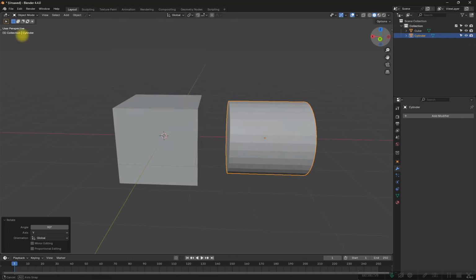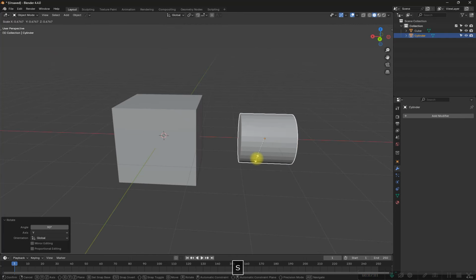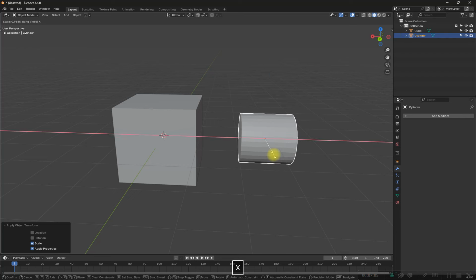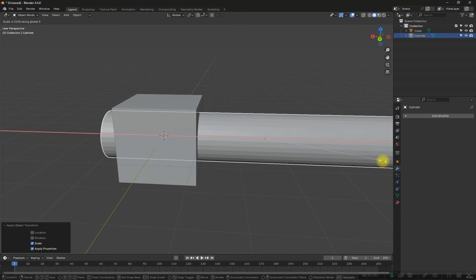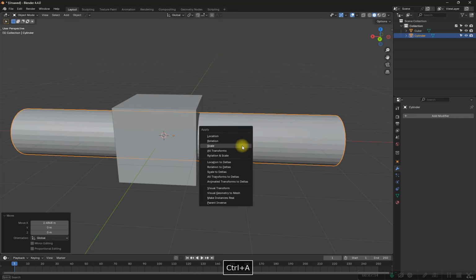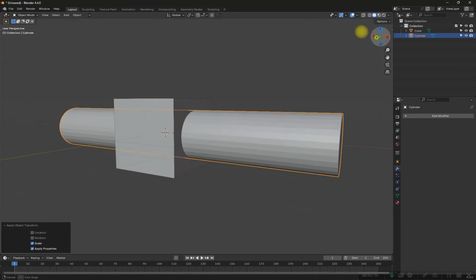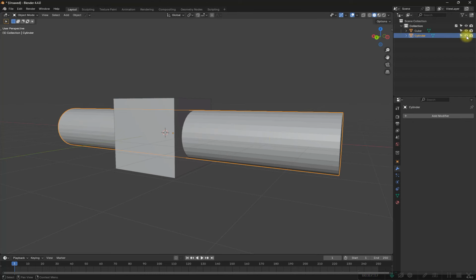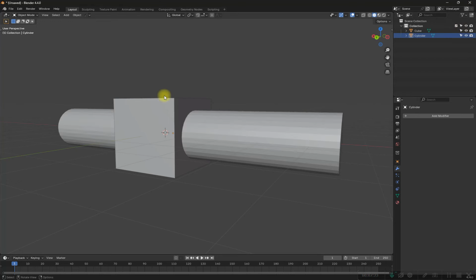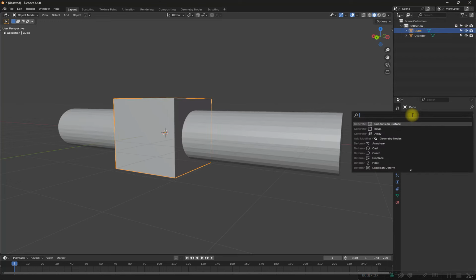So scale it down a bit. Control A to apply scale. Scale it in this direction. Control A, apply scale. Now I want this cube, let me hide it, I want this cube to have that circular cut. I'll click on the cube, then click on add modifier and